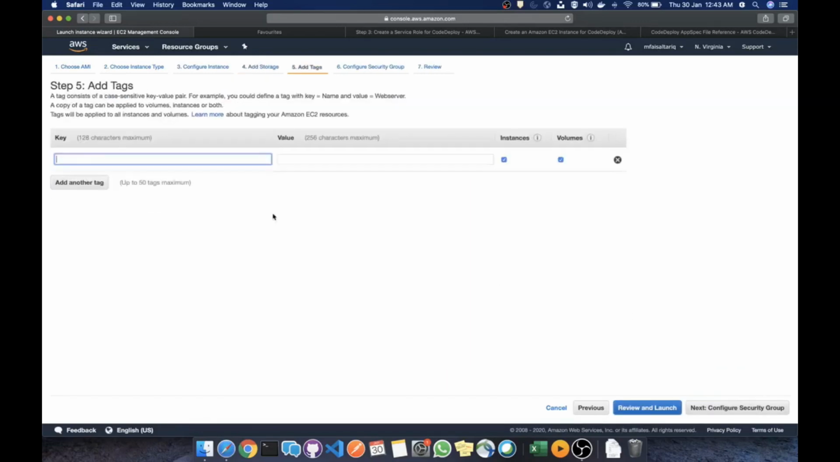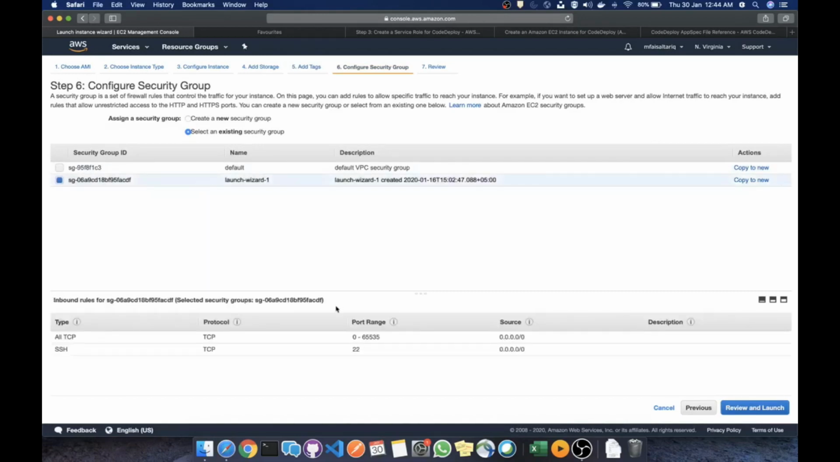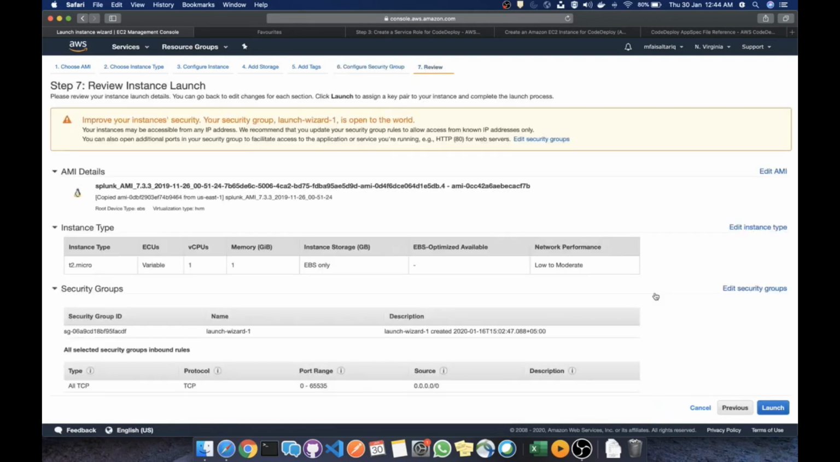Let's skip this. Now I'll add a tag over here. I'll add a tag of, let's say, Splunk and test, okay, and then I'll move to the next, configure security group. I already have a security group that allows all the TCP connections and the ports opened for this EC2 instance, and there's a connection also open from all the IP addresses, so it's available from anywhere and open to the public internet. If you want to restrict these settings, you can create your own security groups and everything. So for now I'm using this just for testing, and then I'll review and launch it,